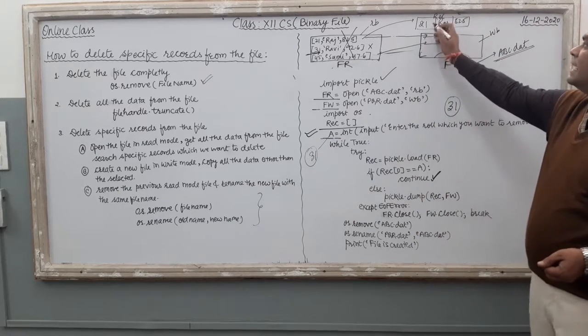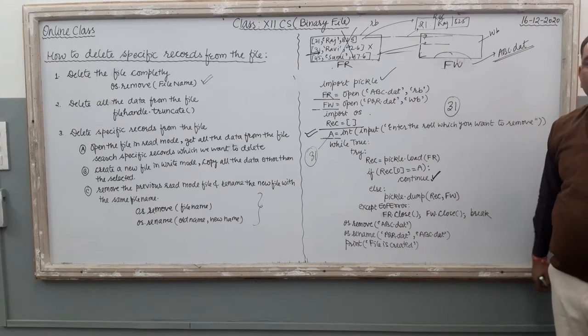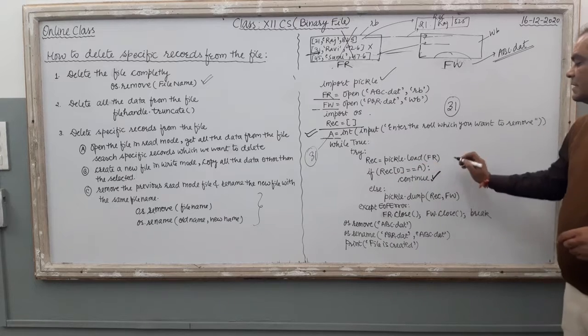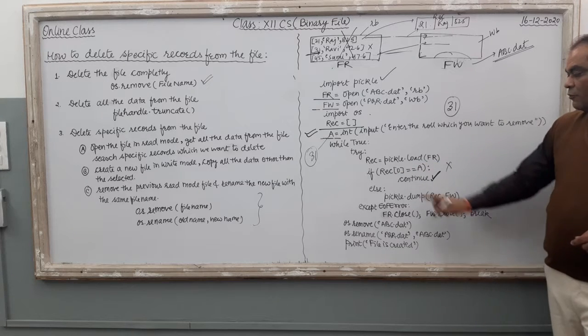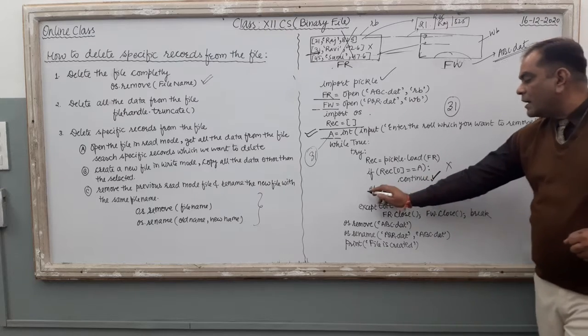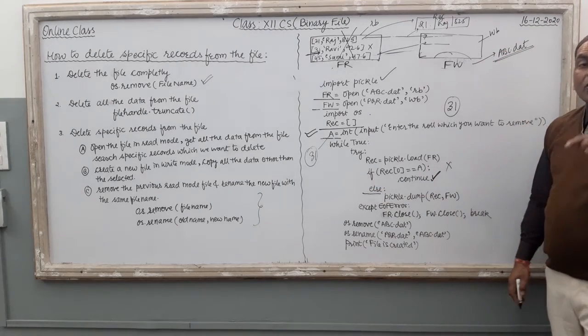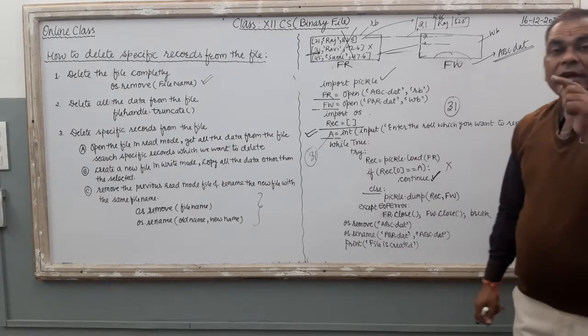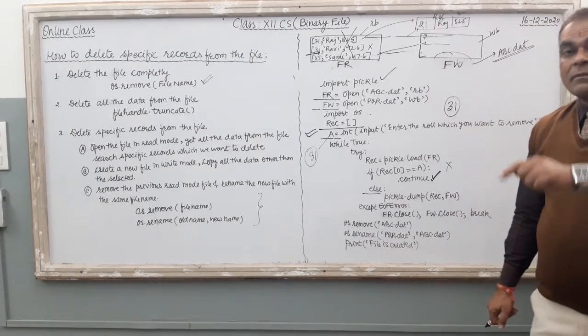First record is inserted into REC variable. यहाँ पे क्या है roll number? It is 21. Now the condition is false. 21 is not equal to 31. The condition is false here. So computer enters in the else block. Now just see what is there in the else block here. The else block is the most important block.